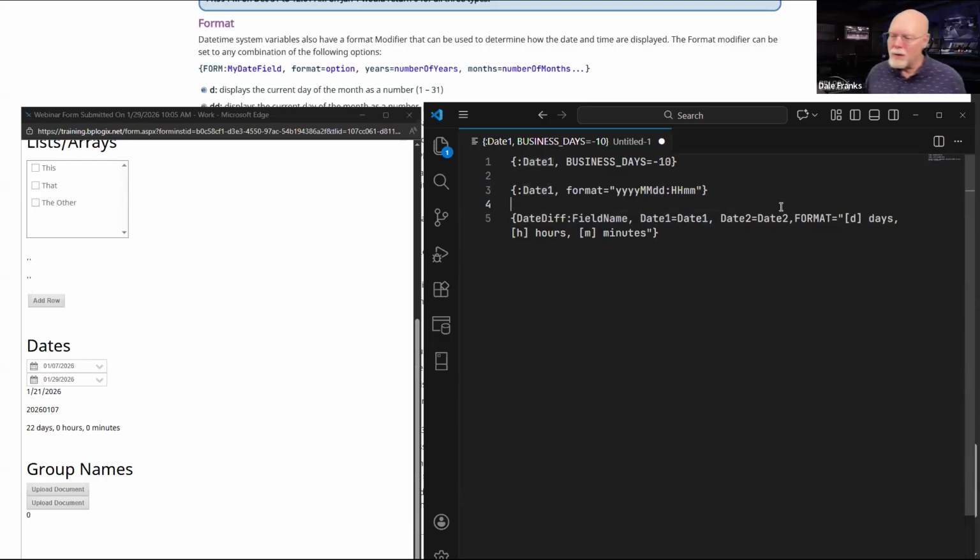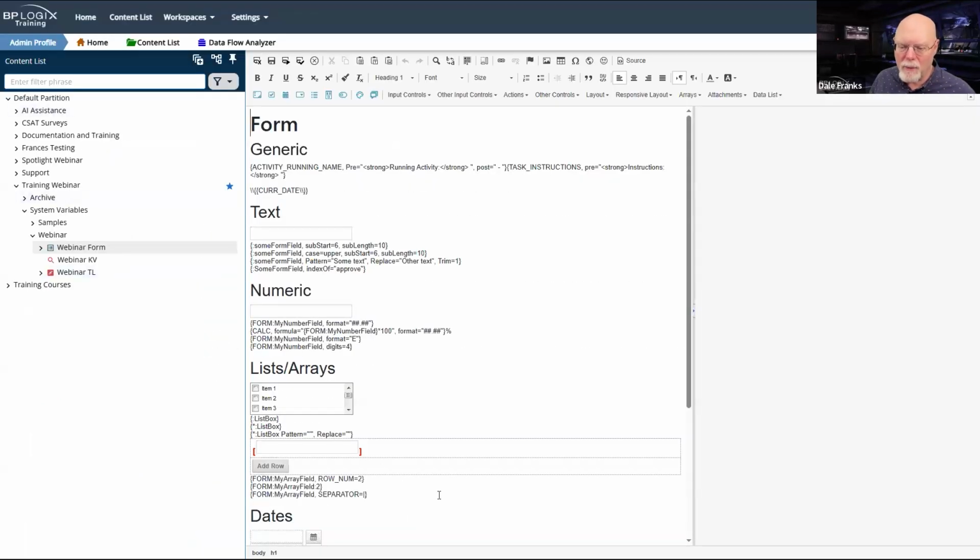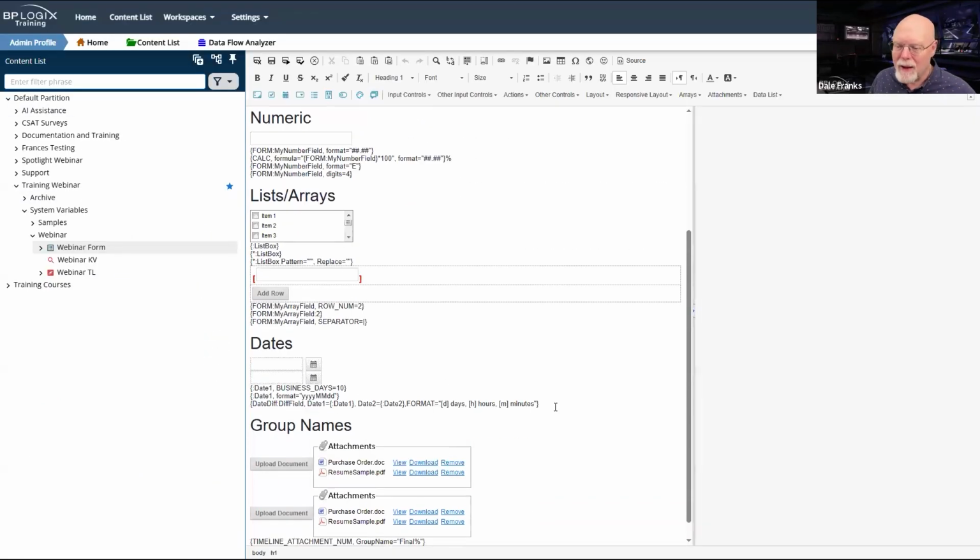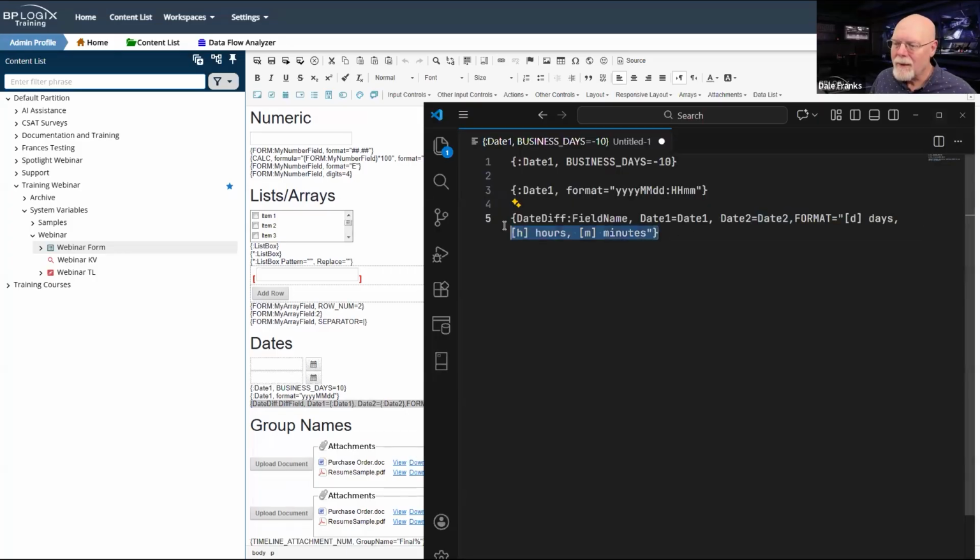And date two, which should be, again, a system variable, and is, in fact, on the form itself now. In fact, I should probably go back to the form here and copy that since it's now valid. So that's the syntax I'm actually using now to specify these two date fields.